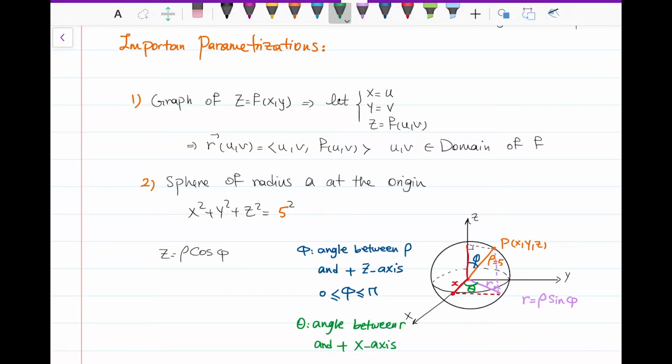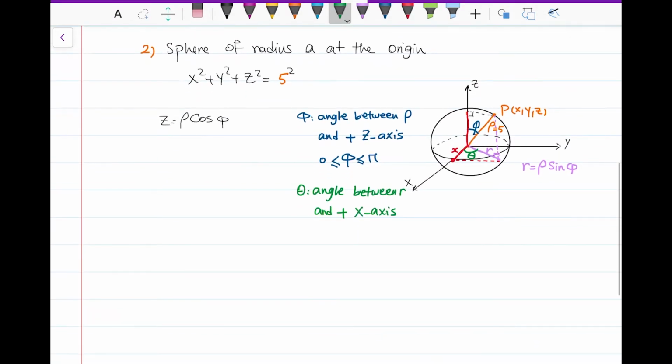And in that case, theta is between 0 and 2 pi. Okay, to make it round, to make the whole sphere, theta would be between 0 and 2 pi. And now that I have r, I have a right triangle in here, I can write x. So x here would be r, which is rho sine phi, and then it would be cosine of theta, and